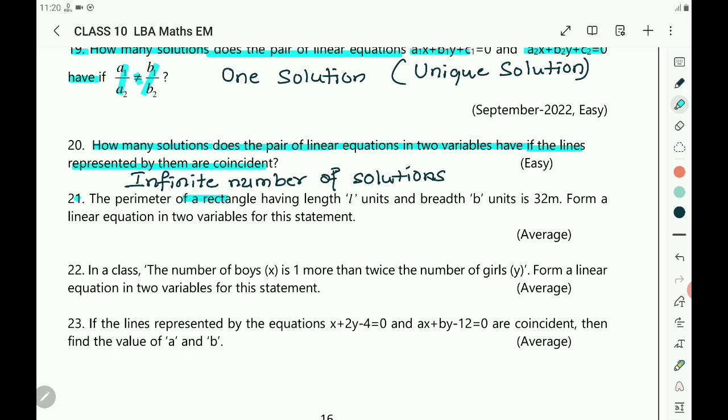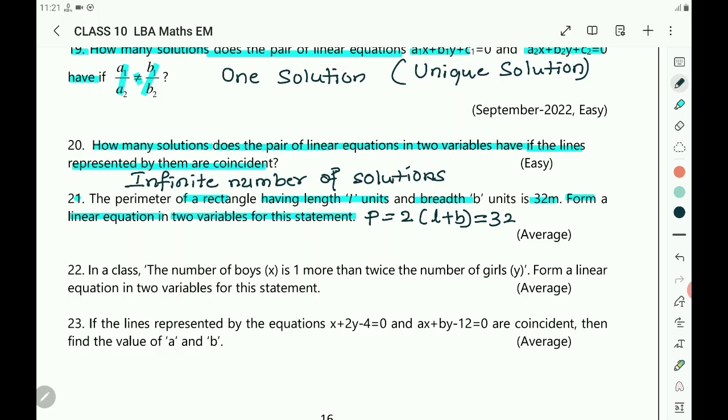The perimeter of a rectangle having length L units and breadth B units is 32 meter. Form a linear equation in two variables for this statement. Here, the perimeter of the rectangle having length L units. What is the formula for the perimeter of the rectangle? Perimeter P is equal to 2 into (L plus B), which is equal to